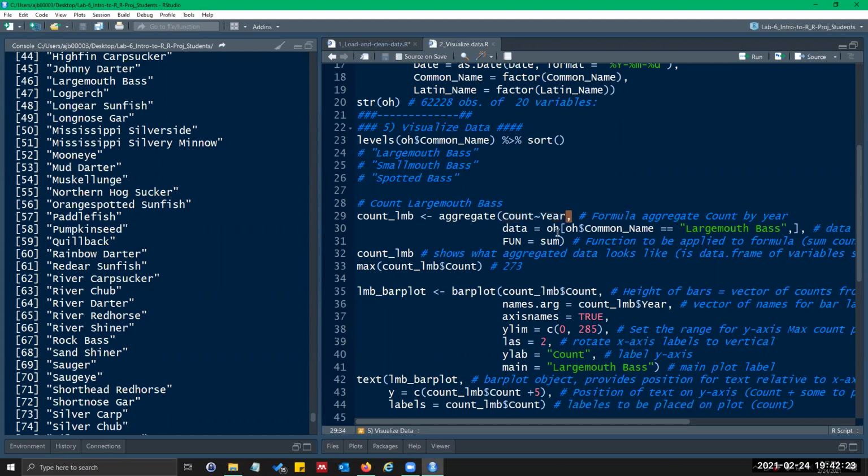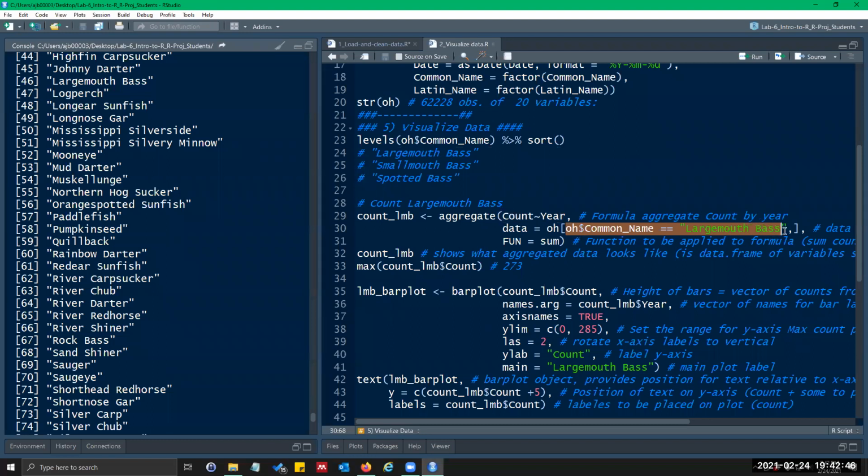Again, you have to separate by a comma, and then you have to tell it what data, and I want to take the Ohio data frame we've been working with. And in this case, I want to subset the rows where the common name is equal. Equal is a logical command.